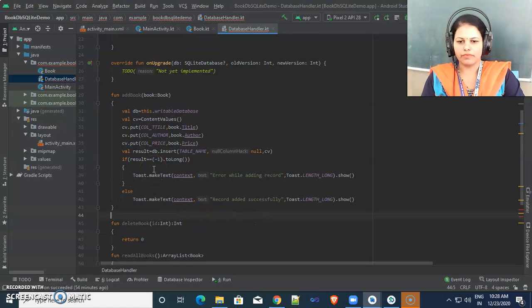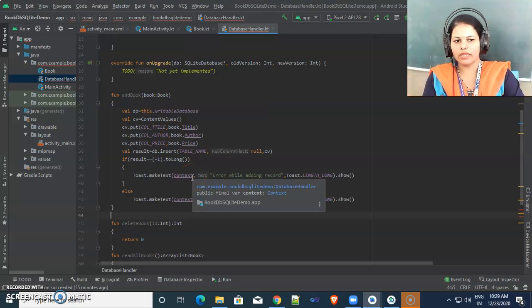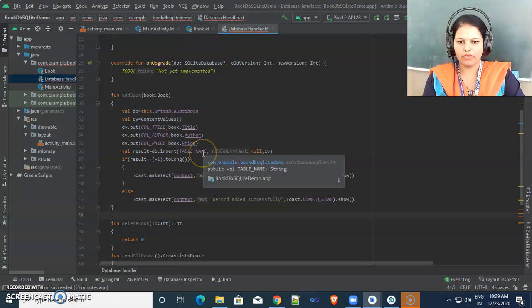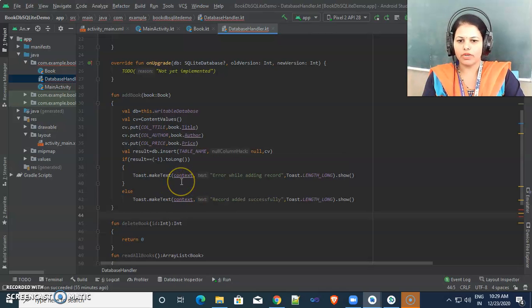In this, we have already created the add book function, and we have already added the functionality for adding the book. Here we are receiving one book object, and that book object information we are storing inside our SQLite database. If this insert query gives me the -1 result, then the record will not be added.